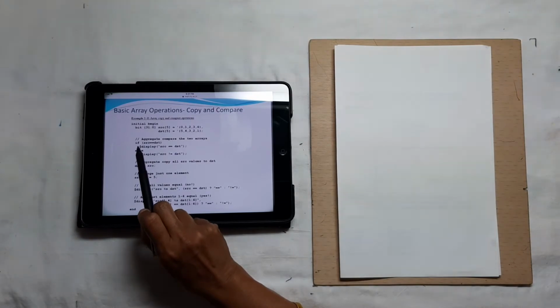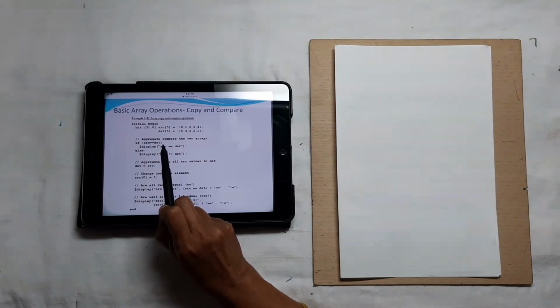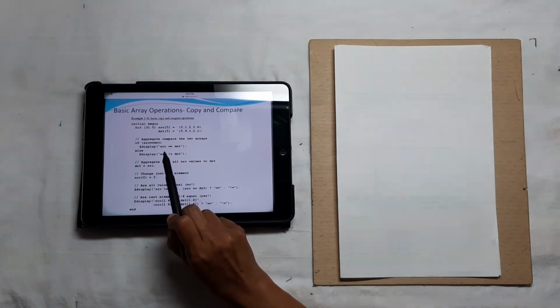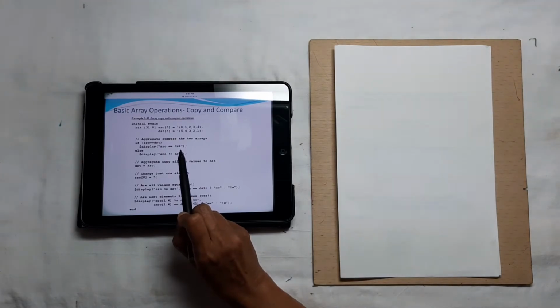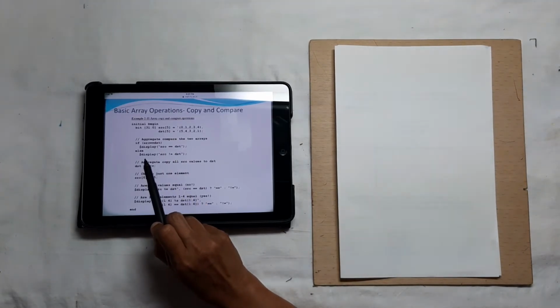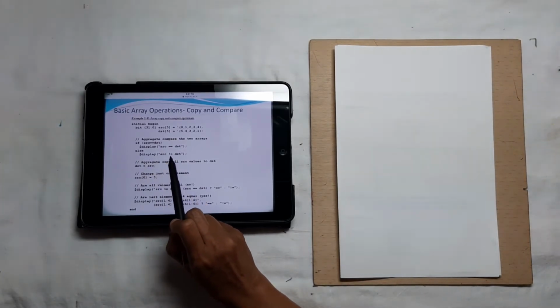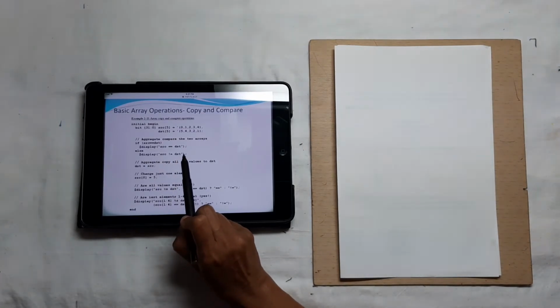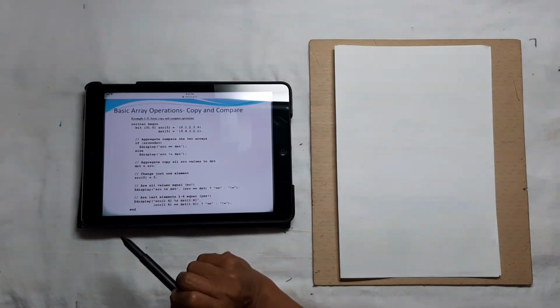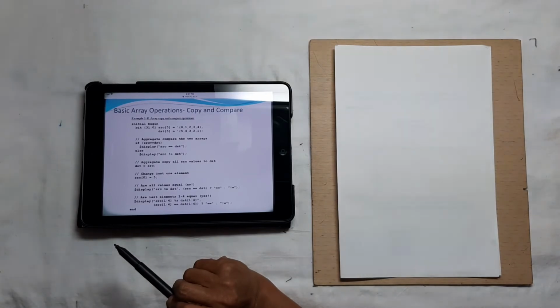See, the statement is if source is equal to DST, then we display SRC equal to DST. It is just comparing. Else, display SRC not equal to DST. It is in double quotes, so display will display the statement as it is.